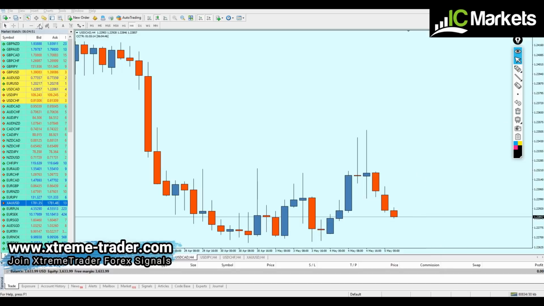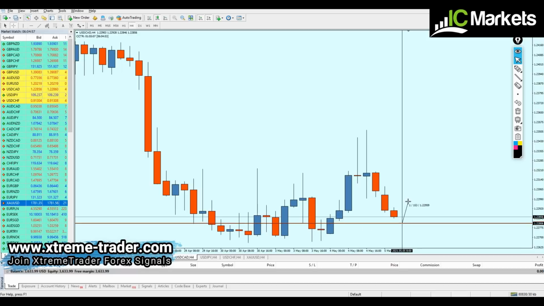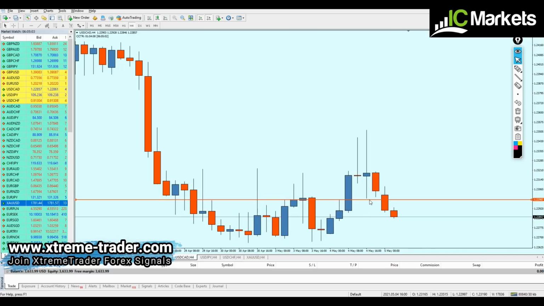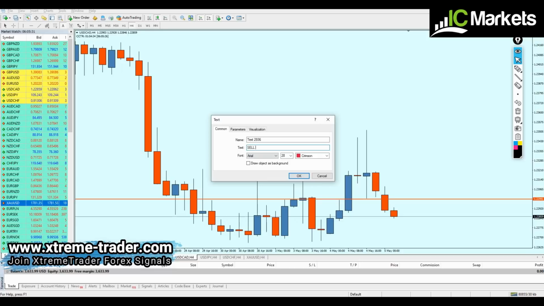Which means, let me just draw the line right here. Exactly right here, the pair is going to reverse very soon, and it has to rise again for another 20 pips before it's going to be valid for the short again. We can start shorting the USD CAD right from here, where actually we had the previous resistance level and again a new support level, but that support couldn't hold the position, especially seeing this strong pin bar and big doji. This price action usually indicates a very good sign for a short level. So therefore we can start shorting the USD CAD right from that level, sell for the USD CAD at